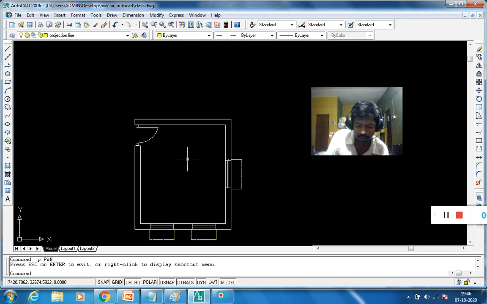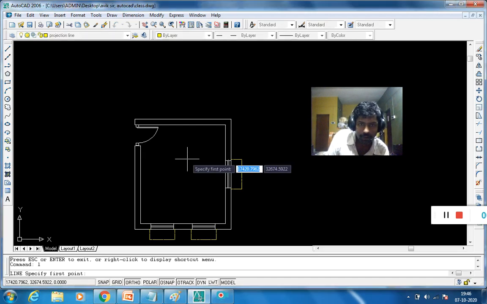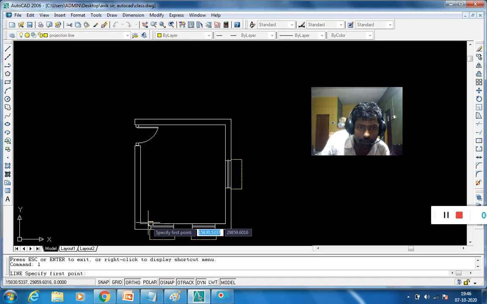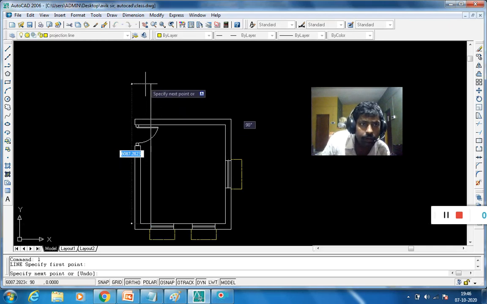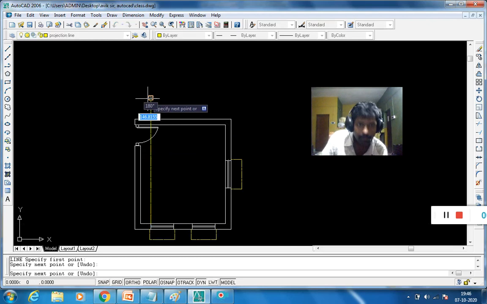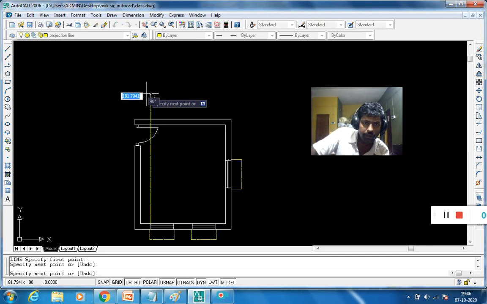Now I draw the projection line, so this is called a construction line. So again L, enter. The OSNAP is enabled, to pick the points. To go out from the line command, press spacebar or press enter.